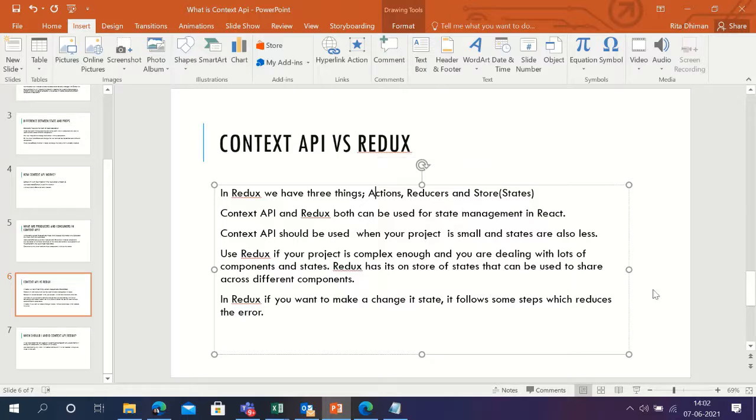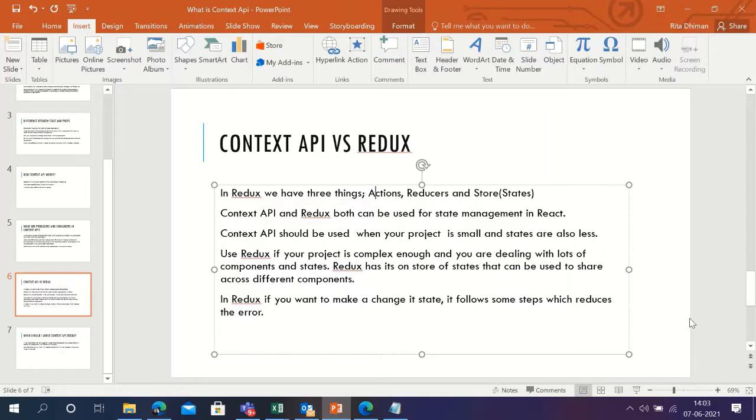Context API and Redux can both be used for state management in React, but the context API should be used when your project is really small, maybe two or three pages, where not many states are required. But if you have a project with lots of states, lots of data sharing between different components, then you should use Redux.